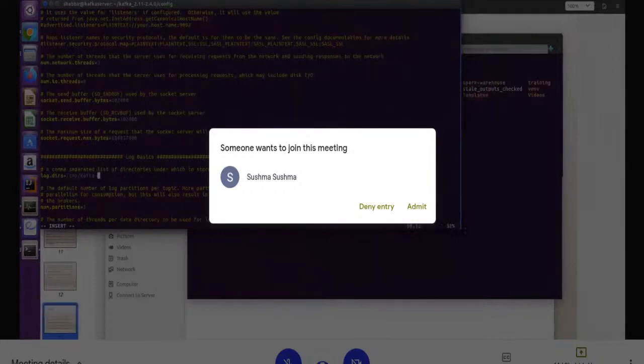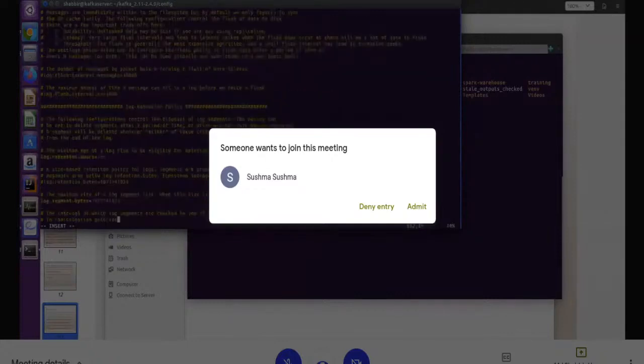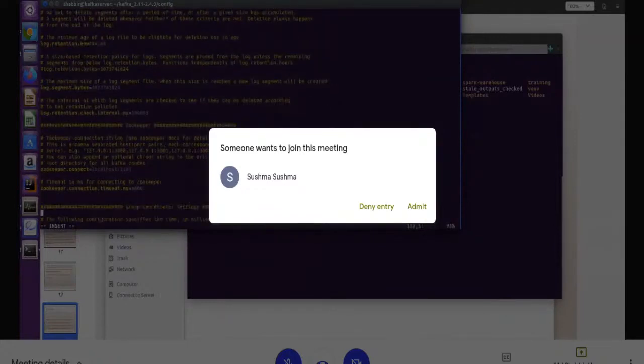And now the log directory. Now the final one, the Zookeeper connection. Already localhost 2181. Now there is not really a problem, so these are fresh.